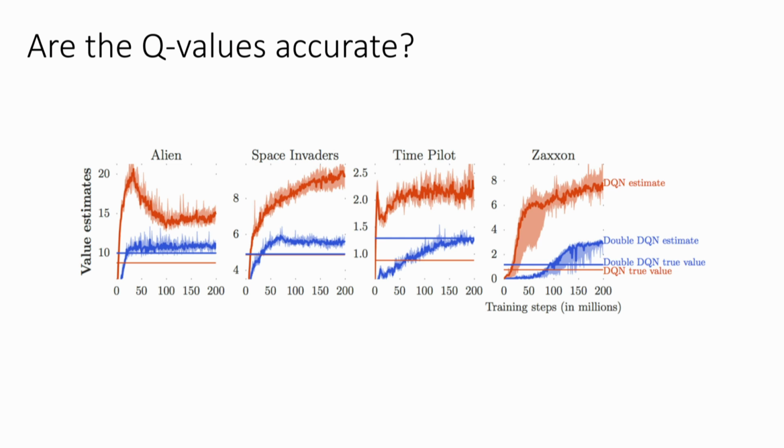Why are all the numbers too big? Why is our Q function such an optimist? Why does it expect more rewards than it's actually going to get? Does anybody have any hypotheses? Yeah. Maybe using an old target network makes it like bigger rewards. Maybe somehow using an old target network gives you bigger target values. That could be. If you initialize your Q function to really big numbers, then the target values will be systematically too big. But usually we initialize our Q function to small numbers.